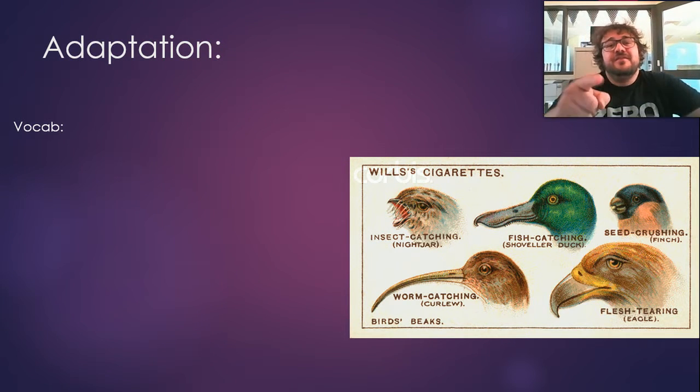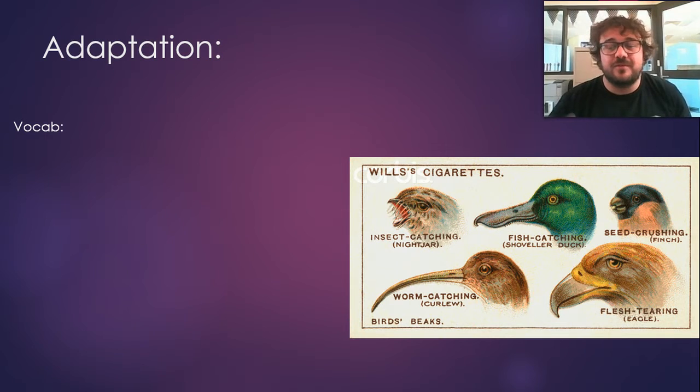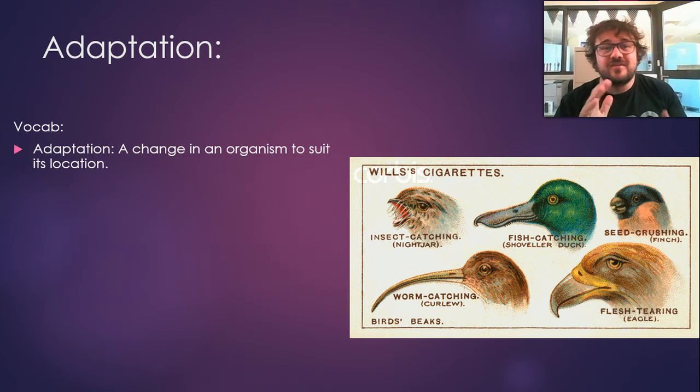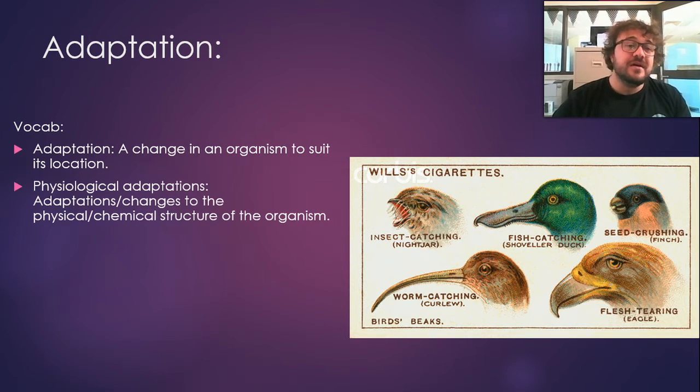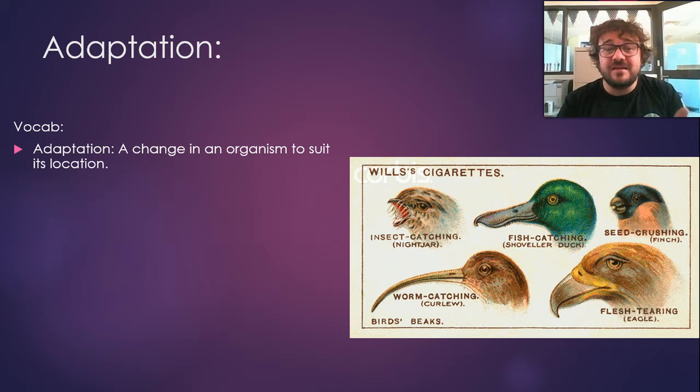This is what makes you different. It makes you special. The wonderful little snowflake that you are is because of a whole bunch of different mutations and adaptations. So an adaptation is a change in an organism to suit its location. And that rhymes, and that's going to get in your head because you're going to watch another video after this that is all about a song. So basically, adaptations are the result of genetic mutations. Okay, and that's important. That'll come back later on.